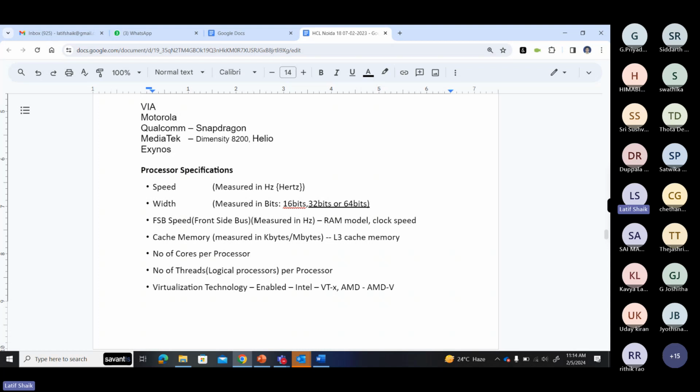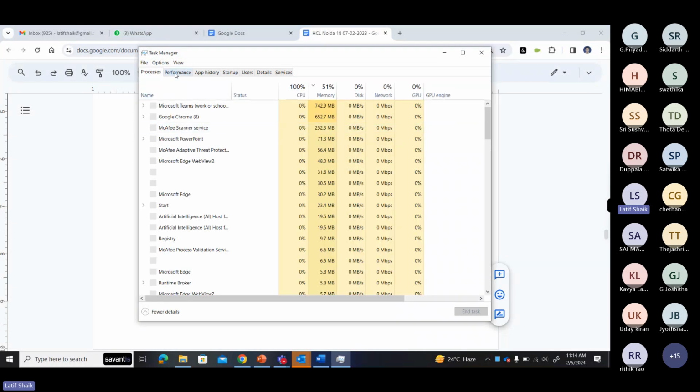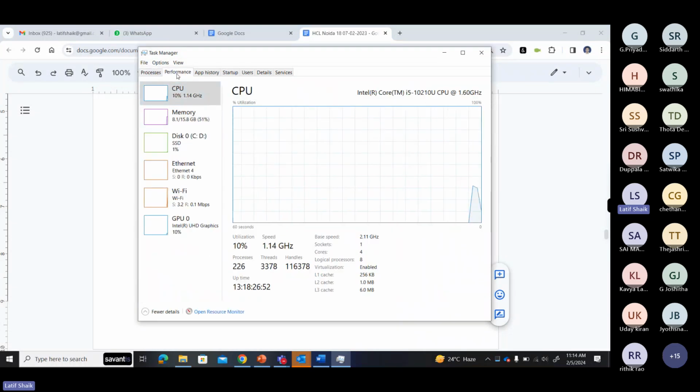Okay. FSB, cache memories, number of cores per processor, number of threads per processor. Is virtualization technology enabled or not? These things you have to check when you want to buy a new processor or you already have a processor. For example, in my laptop, I will show you my processor. A very simple way: task manager, performance and CPU. See, i5